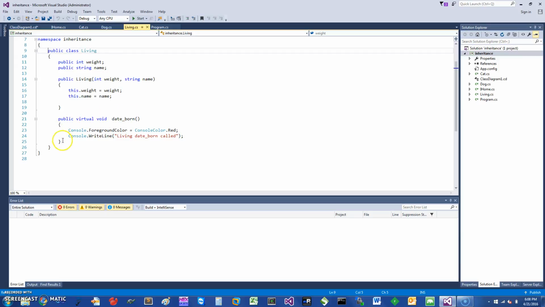I've also added a virtual function, which basically means that I would like it to be implemented in the subclasses. Here you can see the color I've set for the printing on the console to be red, and it just says Living DateBorn called, so it doesn't set any date. So if I look at the Dog example,